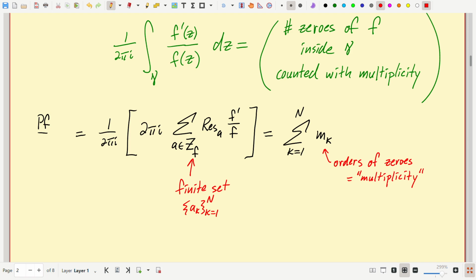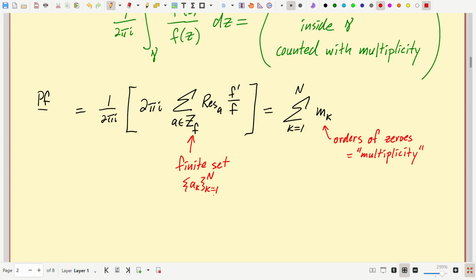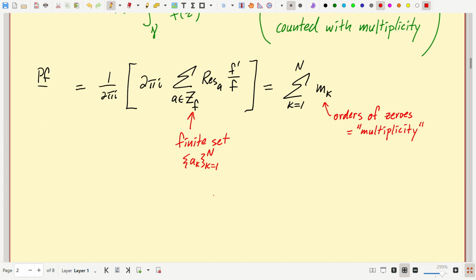So if they do pile up, where would they pile up? Right. Well, if there were infinitely many of them, they'd have to pile up. And piling up, the conclusion is that if the zeros pile up someplace, then the function has to be identically zero. That's the identity theorem. So this is a finite set because